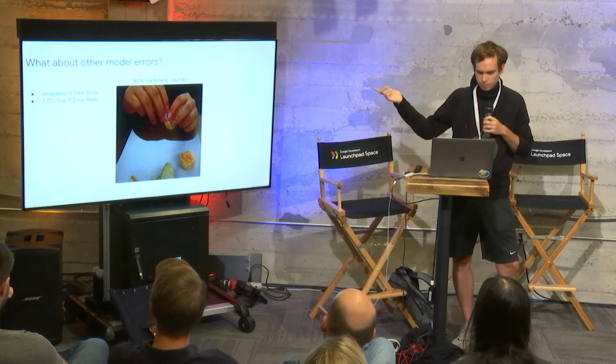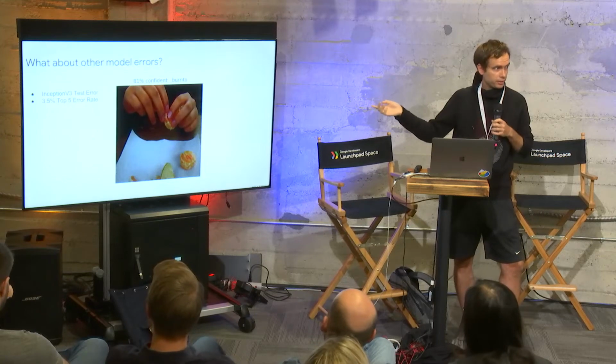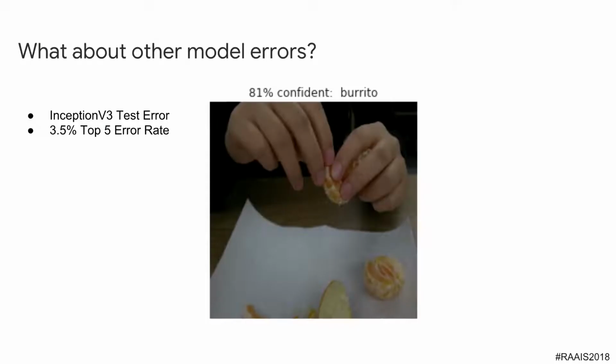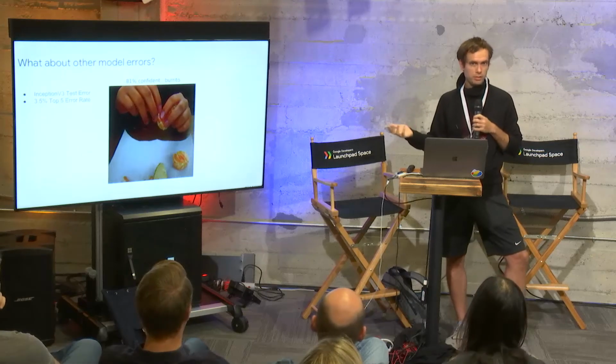So in particular, this picture here is a test error. This is Inception v3, one of the state-of-the-art image models. It has a 3.5% top 5 error rate on the test set, which is kind of interesting because that's actually superhuman in a sense. But that's sort of a misleading metric because